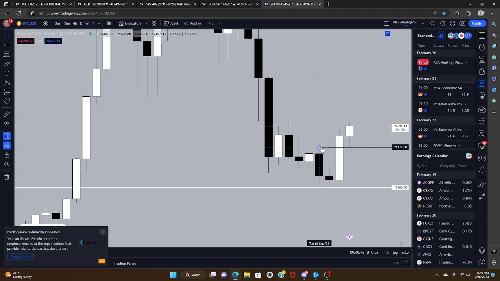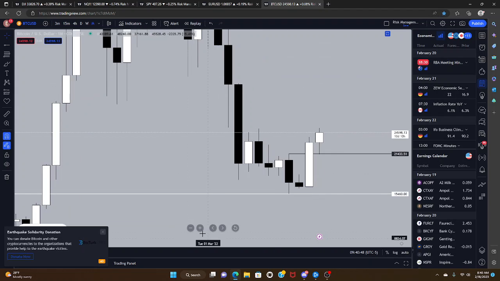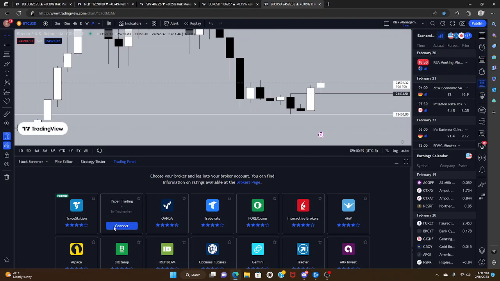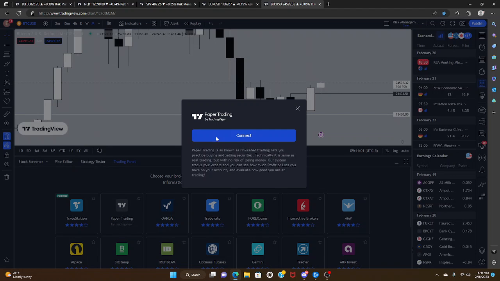But what's really important here is the break of structure. And this was what I traded actively. I actually opened a position, my paper trading position, prior to that, but I've actually been participating in a trading competition on a separate account where I took that trade. But let me just pull up the paper trading account right here.